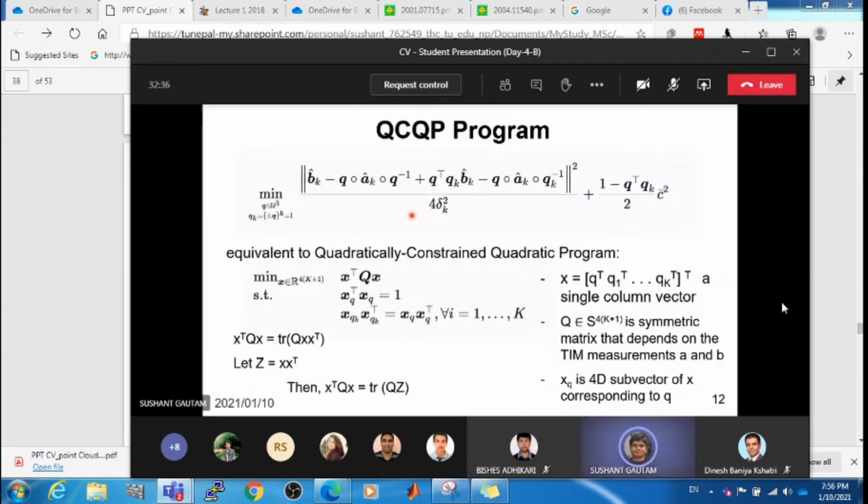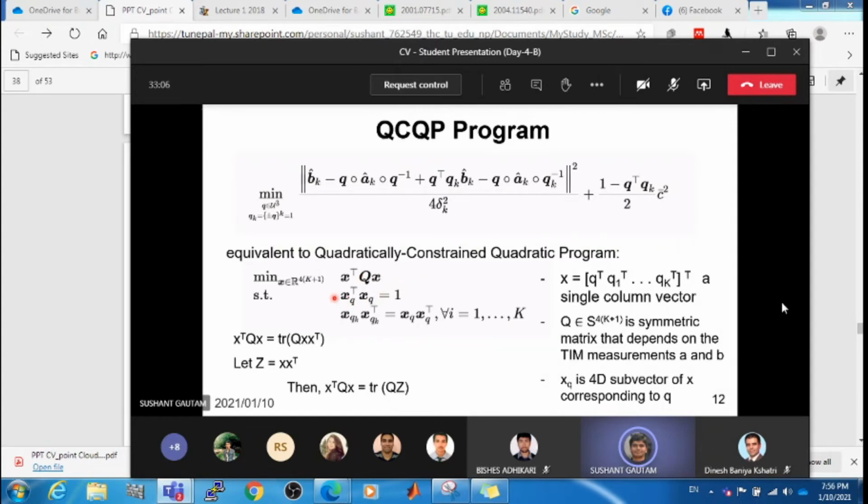Here we are rewriting the quadratic functions to be minimized in quadratic constraints. X is introduced as a column vector containing unknowns q and k number of qk's. Q is a non-symmetric matrix that contains the TIO measurement of A and B, model and scene. Again, let's trust MIT guys for dimension and move on. Now minimizing this scary function above is equal to minimizing x transpose Qx. How? Because all terms here are incorporated inside x and Q. Actually, this is kind of a rewrite. Yet this function is still non-convex due to these constraints.